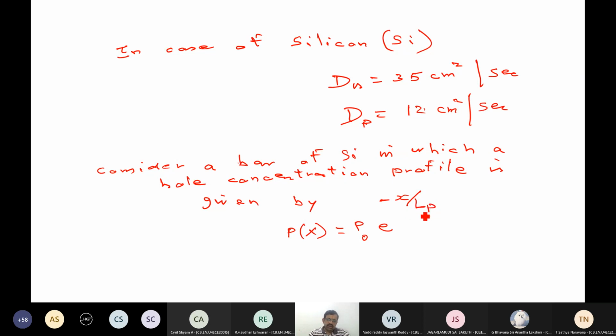That's a diffusion length, LP. Find the hole current